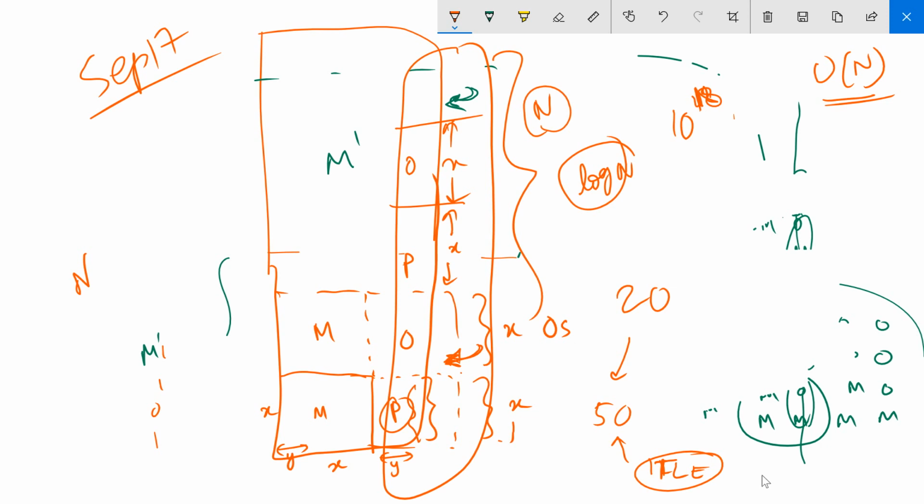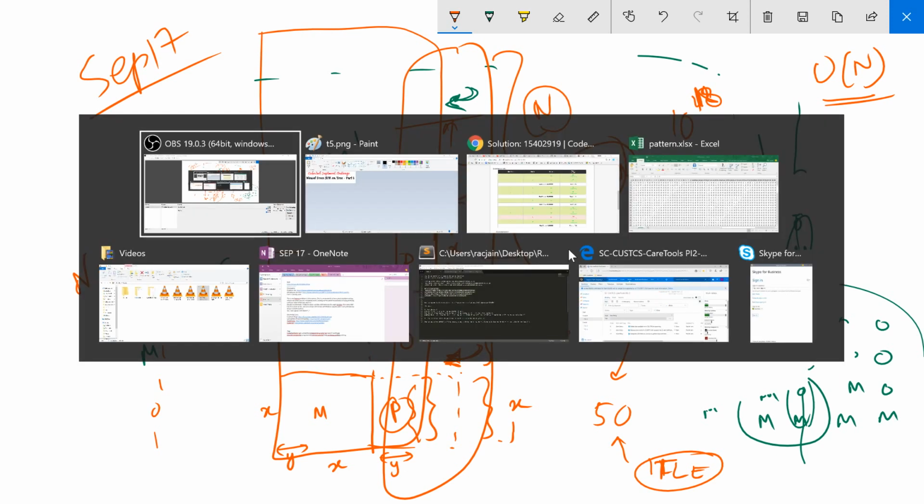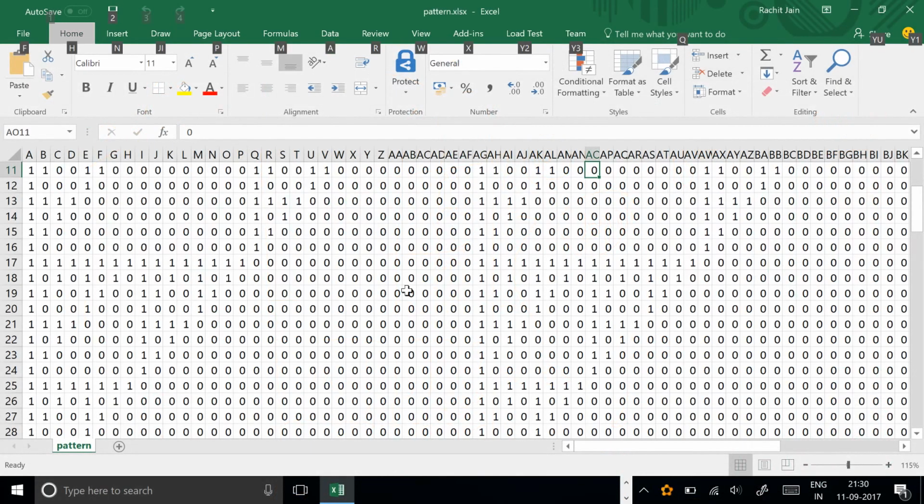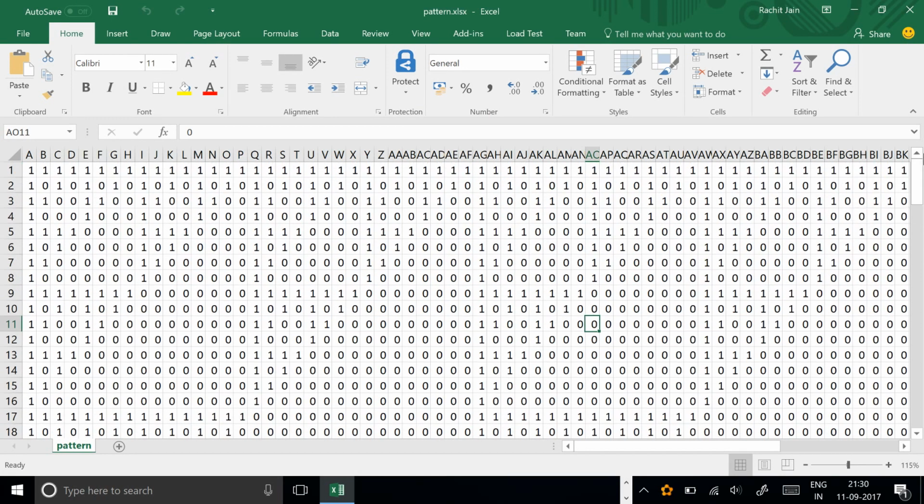But how can I improve upon this further? So this was my next question. What I did was I wrote this matrix in a notepad file and pasted it into an Excel file. And I looked at this sheet, where I have pasted 100 rows and 100 columns. This is the day versus level matrix, where a matrix element of one means that on that very day all nodes on that level will contribute towards the answer for the root node.